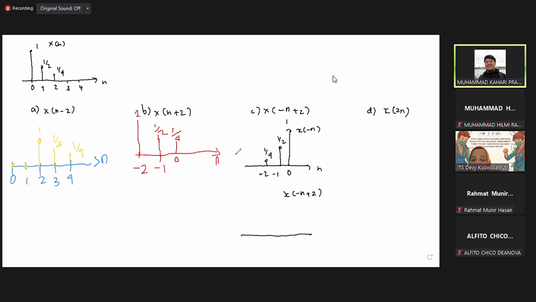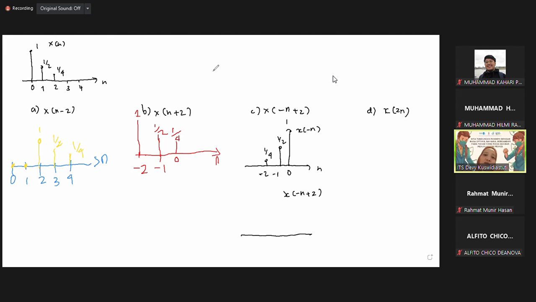Oh, because it starts earlier by minus 2, right? Because if I'm not mistaken, the original equation is n. No, wait, I need to remember again. What we have on the slide is that if we have x[n minus